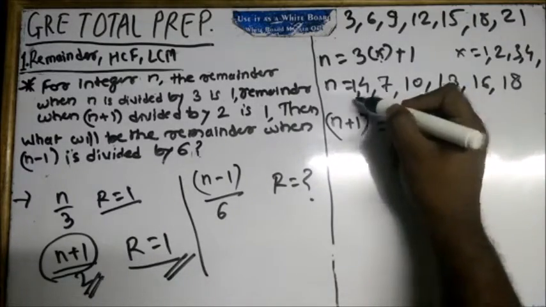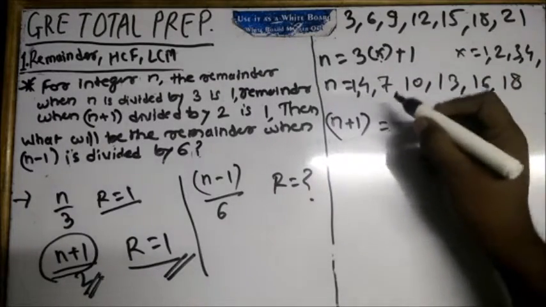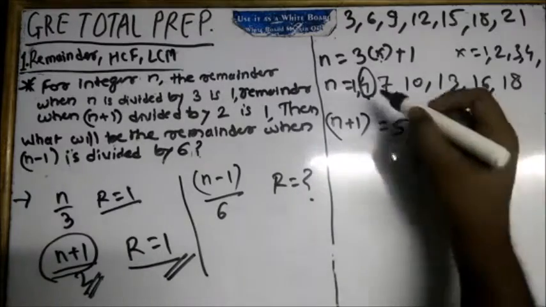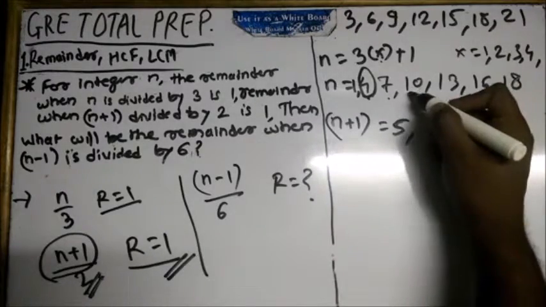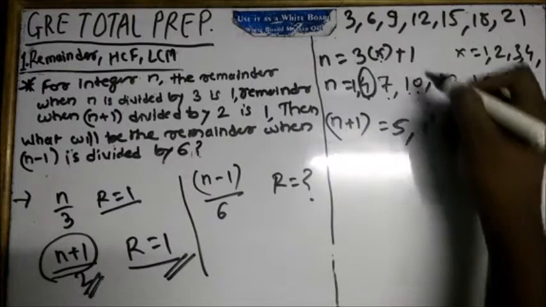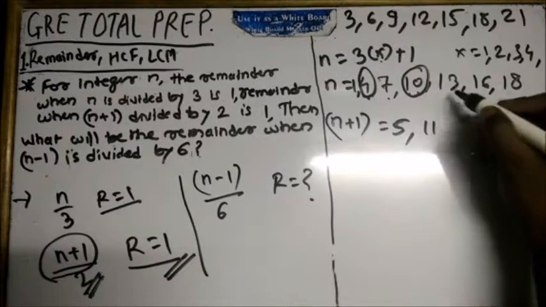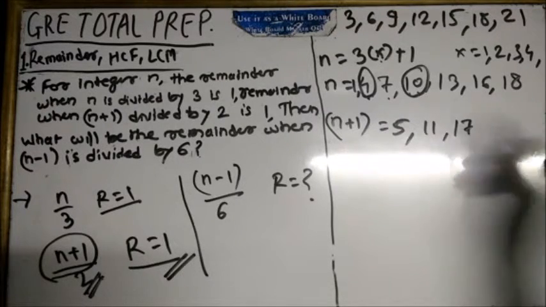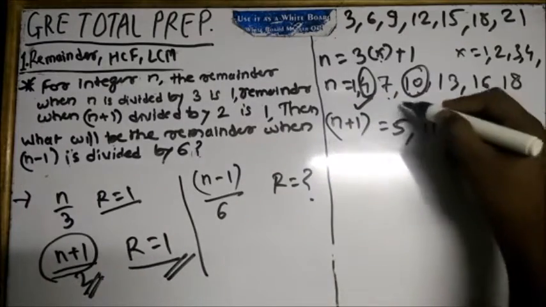So let's consider from this series. 1 plus 1 becomes 2, it's even. 4 plus 1 is 5, so 4 is one possible value of n. Then 7 plus 1 becomes 8, so it's even. 10 plus 1 becomes 11, so 10 also is one possible number for n. 13 plus 1 is even, no. 16 plus 1 is 17, so it's also one possible number for n. So n can be 4, 10,